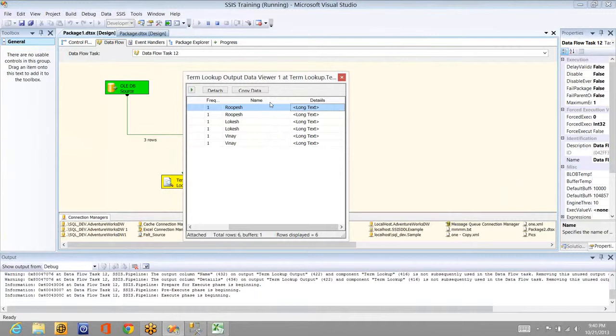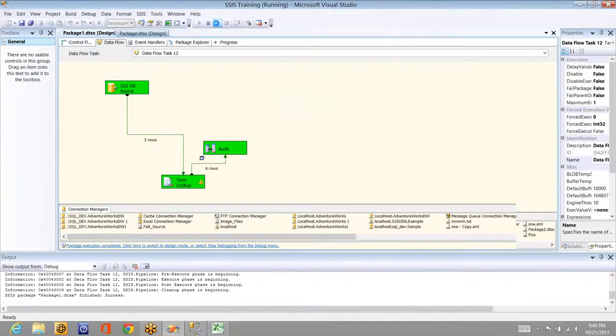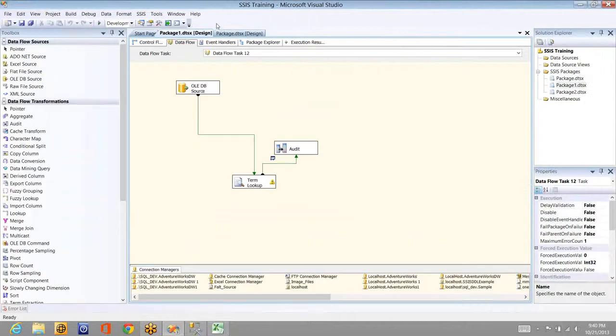So this is about almost all the transformations available in SSIS. I think we have gone through each and every transformation and tried to cover at least once, try to practice at least once. In the next session we will discuss the destinations and many other concepts in SSIS, very interesting concepts like moving, managing packages, deleting packages, importing, exporting, and so on. It will be very thrilling and interesting.